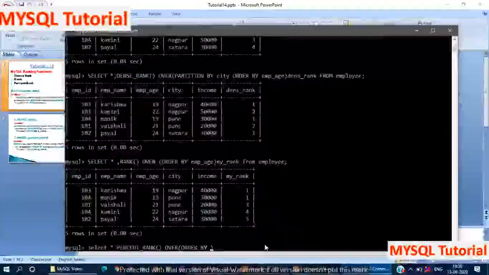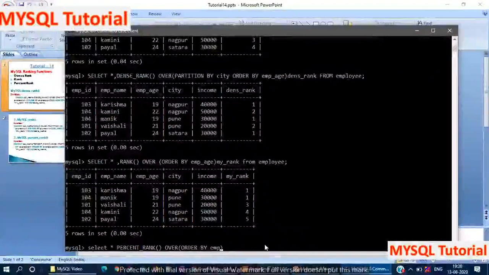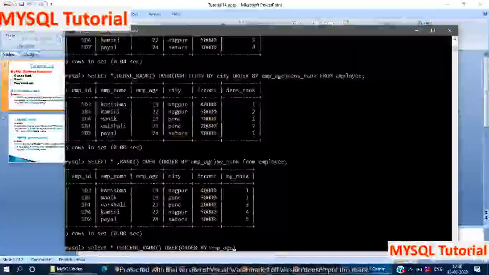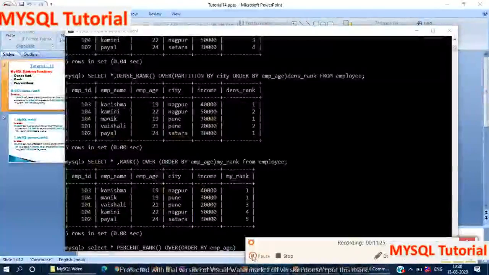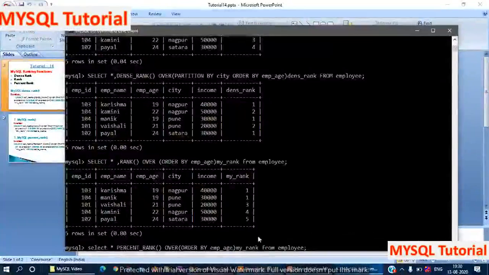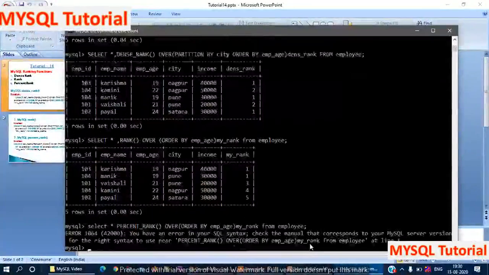Here I specified employee age, AS my_rank FROM employee.